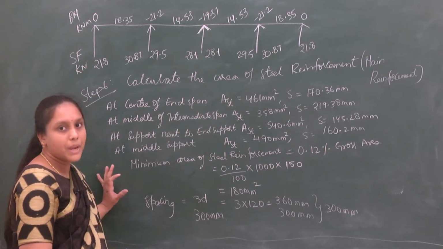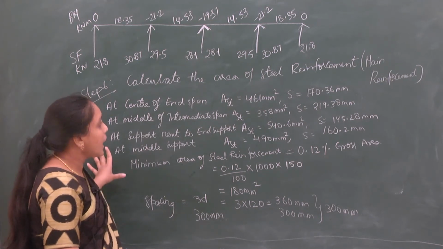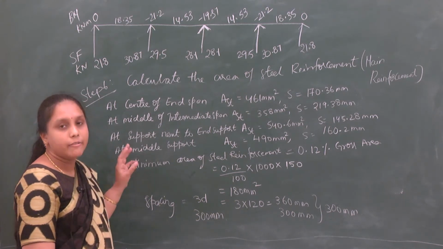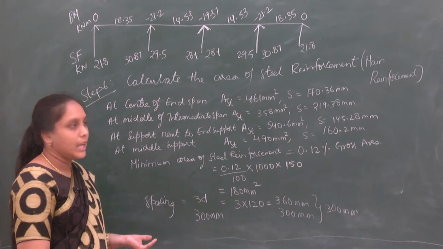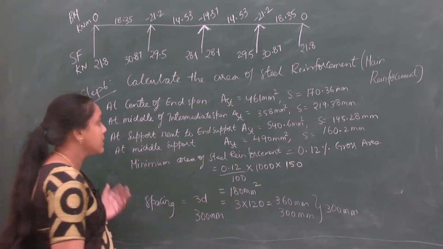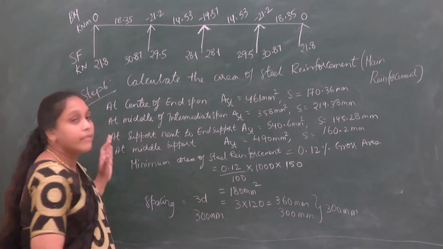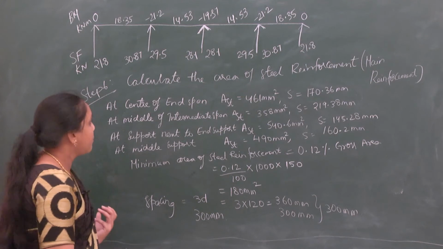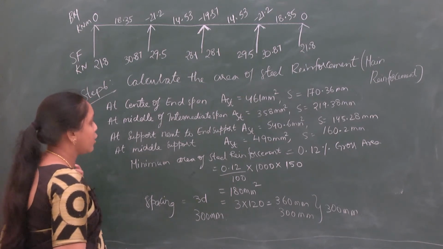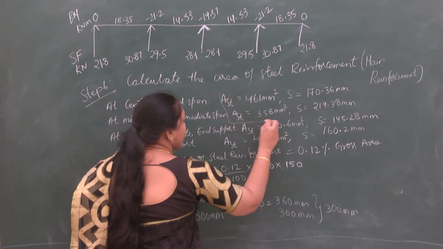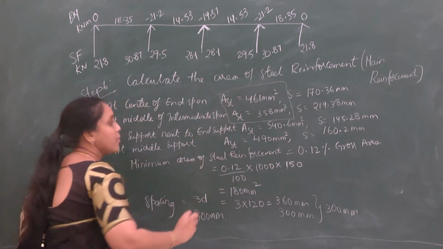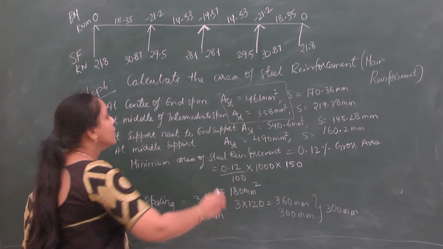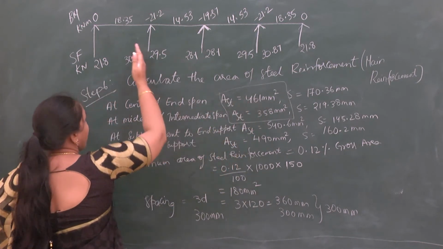So now we have calculated the area of the steel reinforcement, that is for the main reinforcement. Now we have to take the maximum AST and provide the area of the main reinforcement for that. Here, if you observe, we have the positive bending moments as well as the negative bending moments. For the positive bending moments, these two are the area of steels, and these two are the area of steels for the negative bending moments.